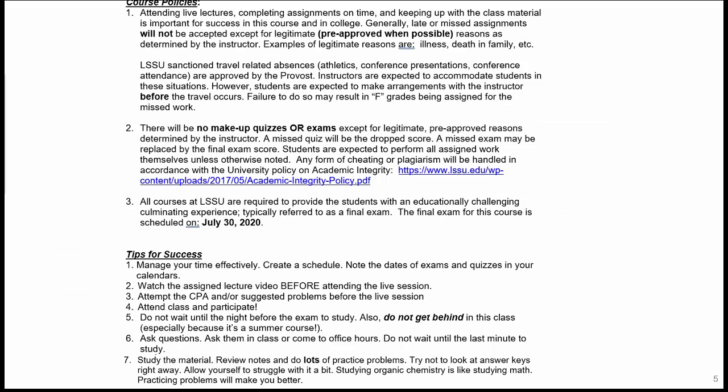All right, and then there's the course policies. Your best way to get through this class is coming to the live lectures so you can ask questions. Completing your assignments on time is also very important, especially with the way this class is. Getting behind is not great, especially how fast we move. And with late penalties, you don't want to incur those if you don't need to. So those points will add up if you're constantly late with your assignments.